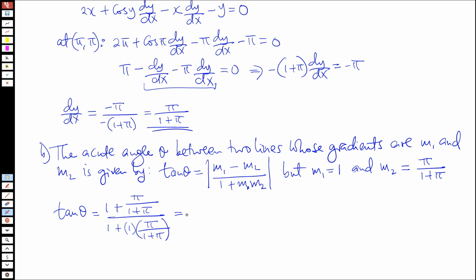Okay, so we can rewrite 1 as (1 plus π) over (1 plus π), just so that we can have the same denominators, plus π over 1 plus π. Let me use brackets. And then here we can have again (1 plus π) over (1 plus π) plus π over 1 plus π. Okay, and this will be equal to, so here,